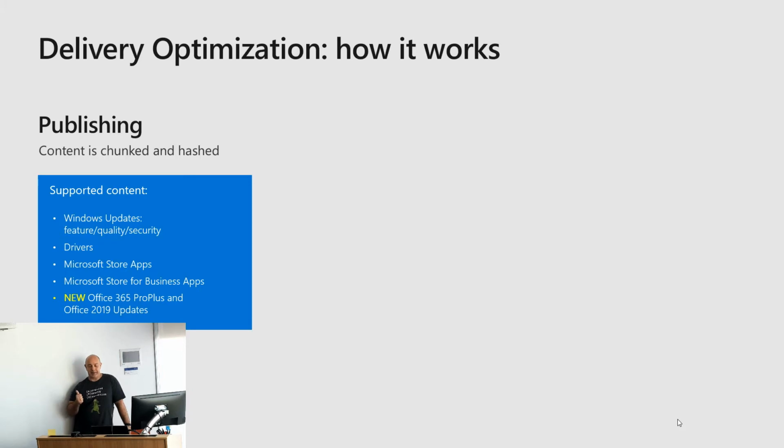Now, here's where things start getting way more interesting. For the last few months, Office Pro Plus updates or any of your cloud-based Office click-to-run versions that get updates via Microsoft's CDN have been doing this distribution already. Now, if you're on the semi-annual channel and you're getting the 6-month feature updates, this works out at around 50 meg per device per month. So it's not a huge amount. However,